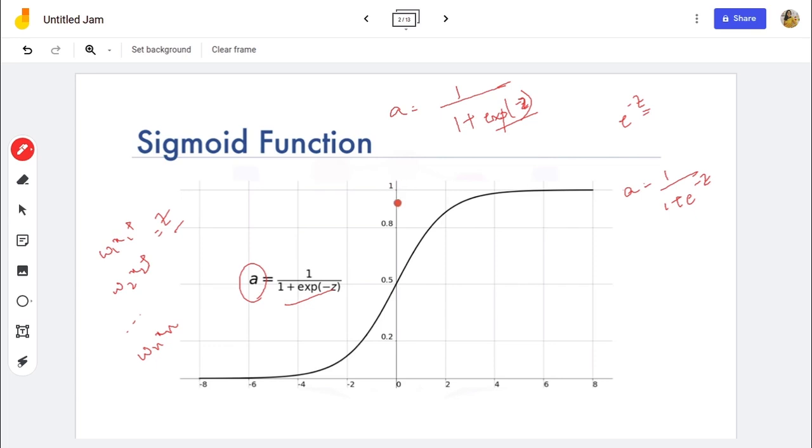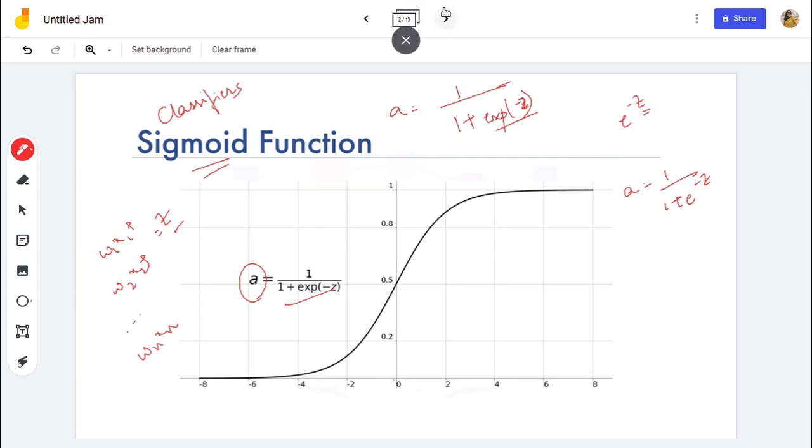This sigmoid function lies between 0 to 1, which is a very good thing because this can be used in classifiers to give us some values, and these values we can take as predictions or the probabilities of how this is happening or not happening. You might have read about sigmoid in logistic regressions.